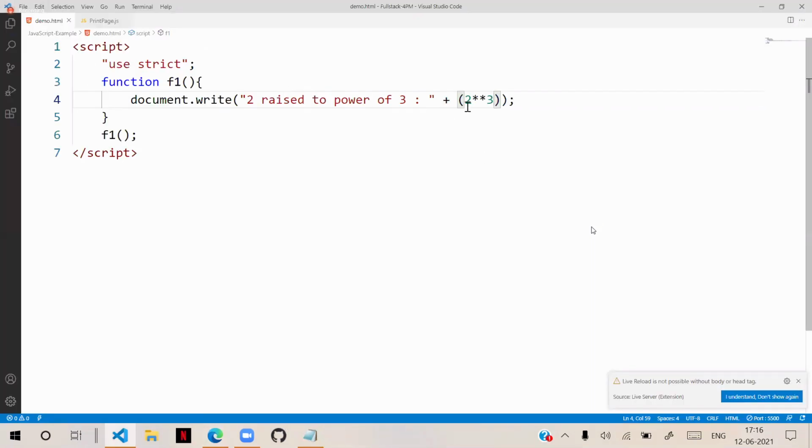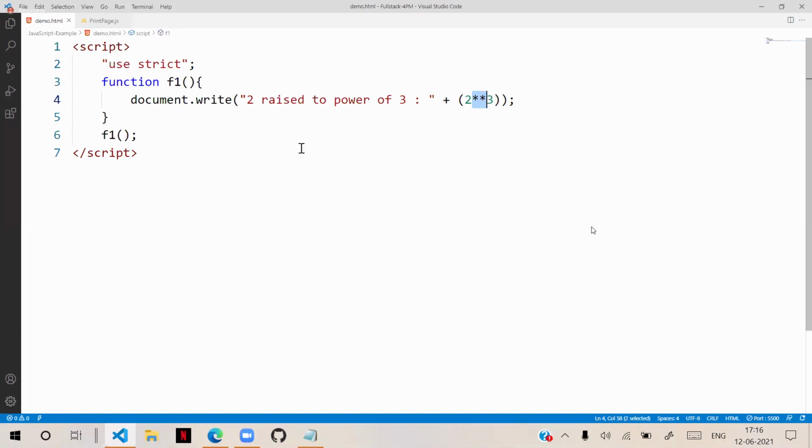Now, this new operator is not understandable to old browsers. Old browsers cannot understand it, and they will simply show an error saying that we are unable to understand this. When you are writing such new code, and you know that sometimes old version browsers are used to view your website, this new code will not work there. Then you have to tell the browser that the code I have written is in an advanced version, and that if you are a legacy type, please try to translate it into your understandable type.